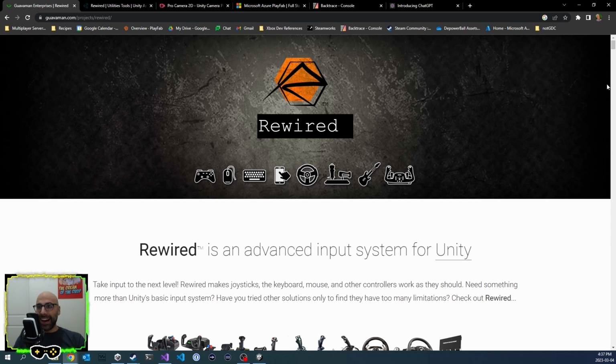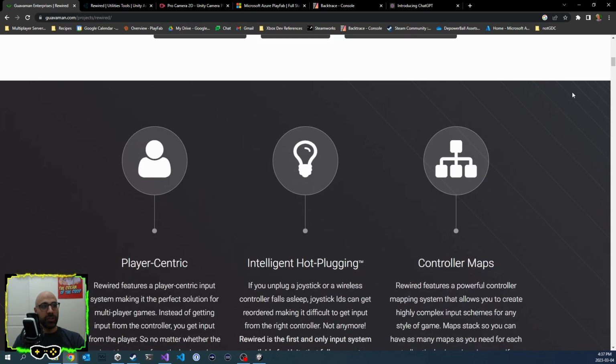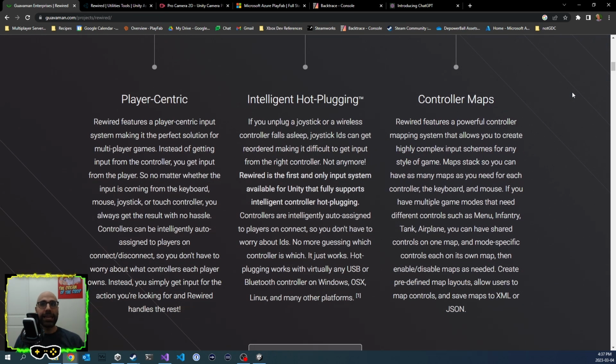Of course, it's Rewired. Rewired's been around for a very long time, and it is the most battle-tested, well-documented library I've ever seen for Unity. It's just good, and it just works. It does what it says it's going to do, and it works. One of its biggest strengths is that it makes it so that input is taken from the player and not the peripheral. So it's peripheral agnostic. So whether or not you're having keyboard input, mouse input, touch input, controller input, you can set up your profiles so that all you need to do is just check on the player itself,